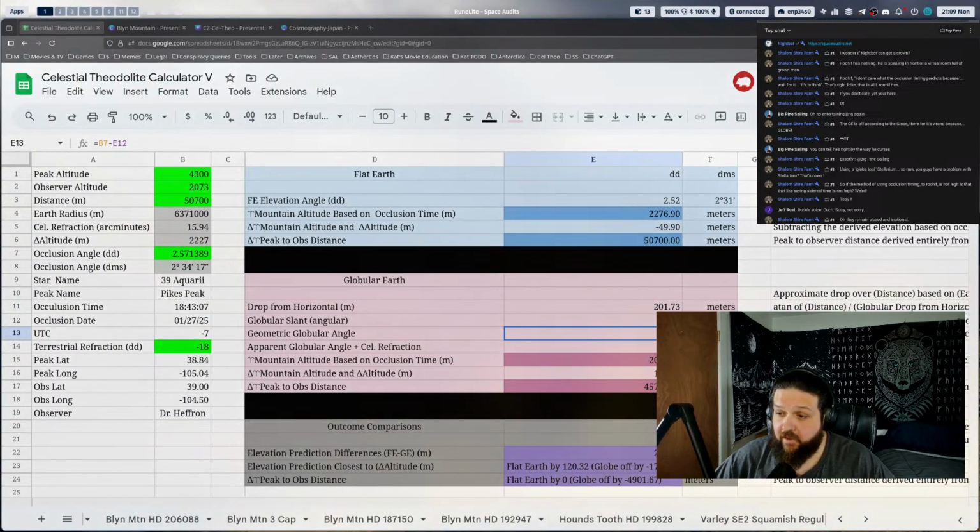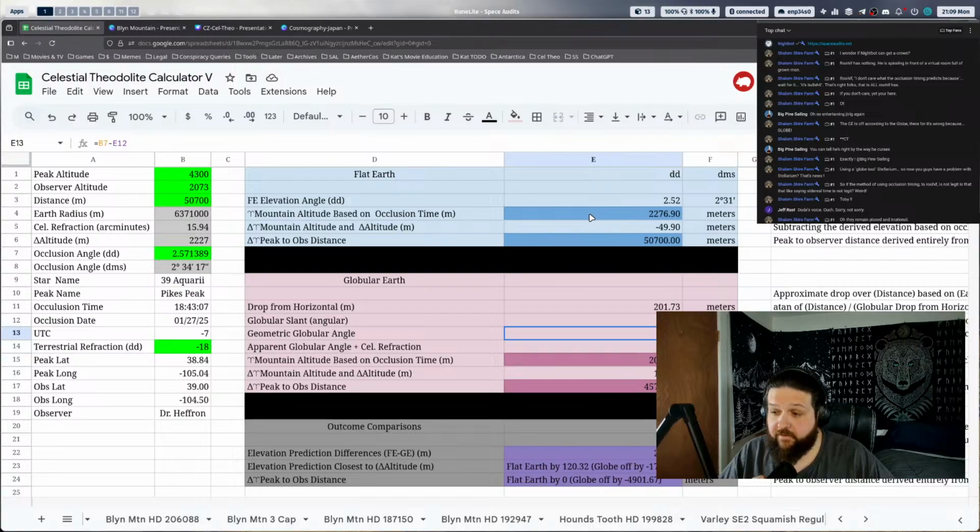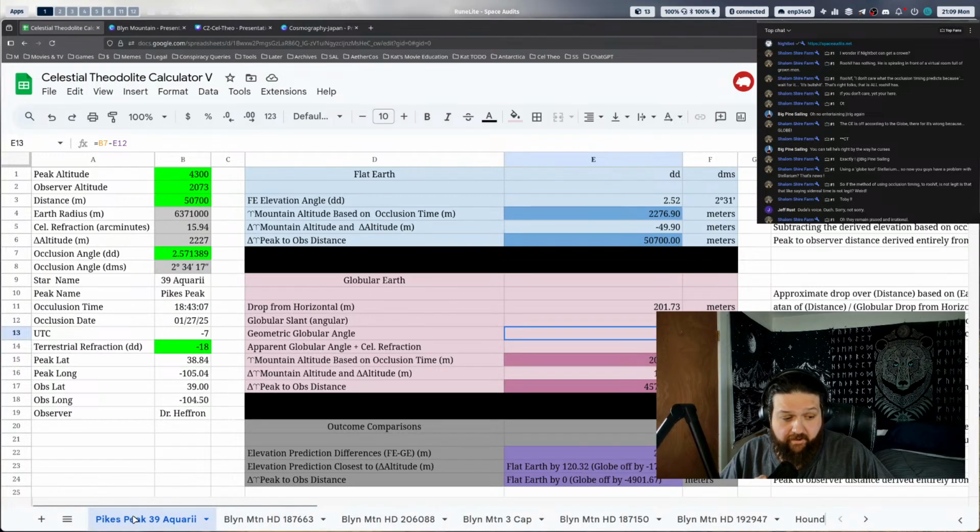When he said we can do this different method and do this other thing, that has nothing to do with what we're doing, and that's why we don't care about it. Yeah, but the globe measured geometry of these mountain peaks contradicts your assumed geometry of the mountain peak. No, it doesn't at all. We're actually able to derive... No, hold on a second. When you say no, it does. Refer to this spreadsheet. Let's take a look at it.